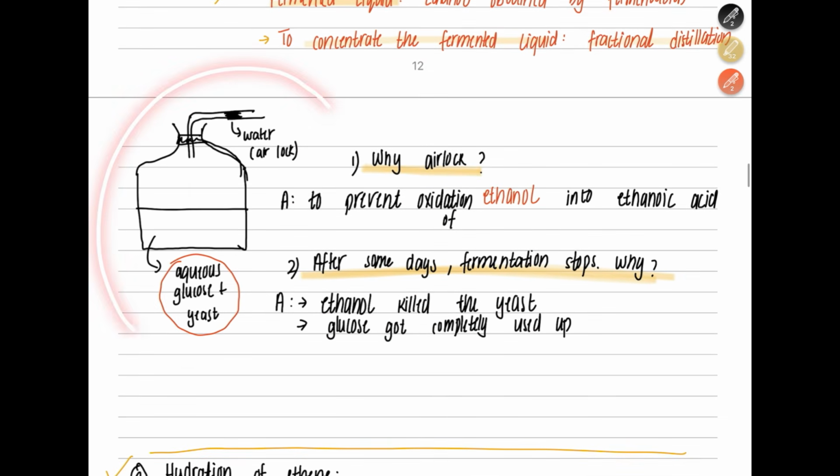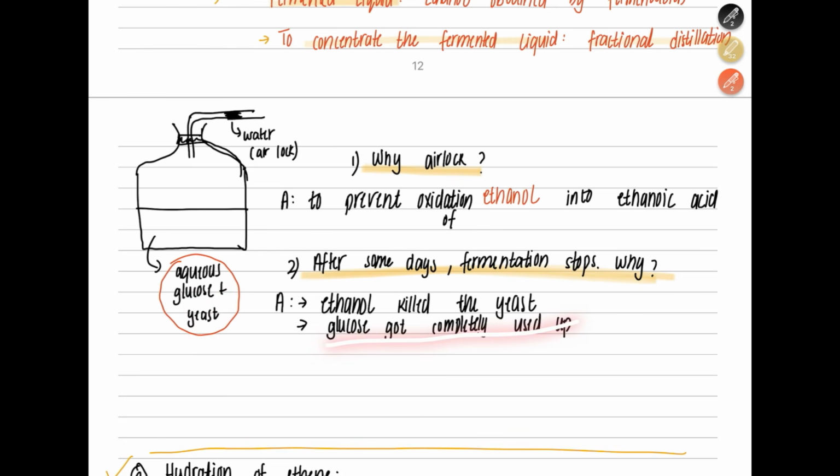Now look at this example. This is the process of fermentation. You have aqueous glucose and yeast, and then you have water, basically an airlock. So the question is, why would they put an airlock? Basically, this is to prevent the oxidation of ethanol. Ethanol can react with oxygen and turn into ethanoic acid. To prevent that, you have to put an airlock. After some days, the fermentation stops. Why? Because the ethanol that is produced is going to kill the yeast, or maybe